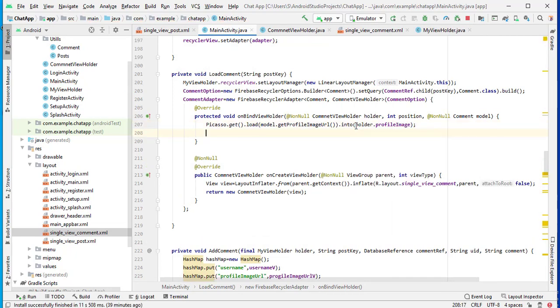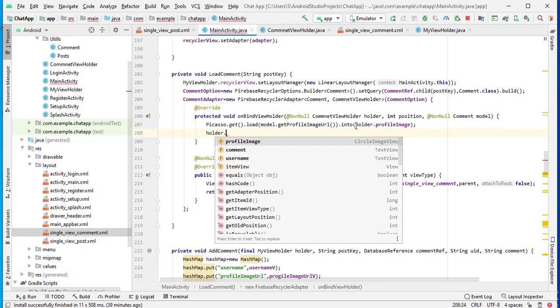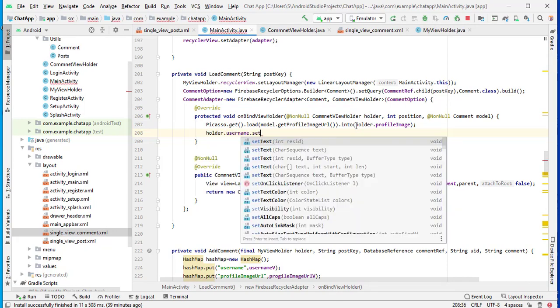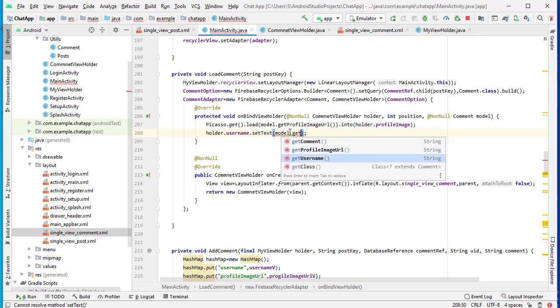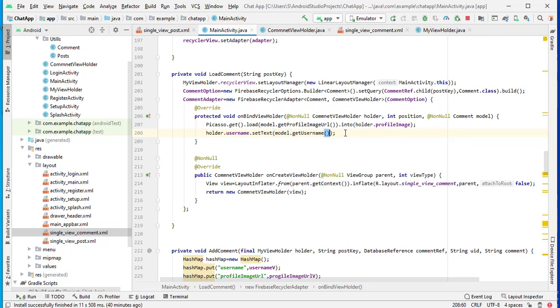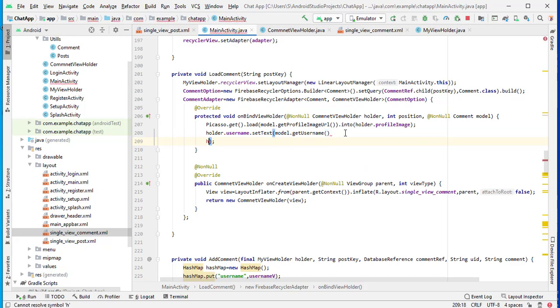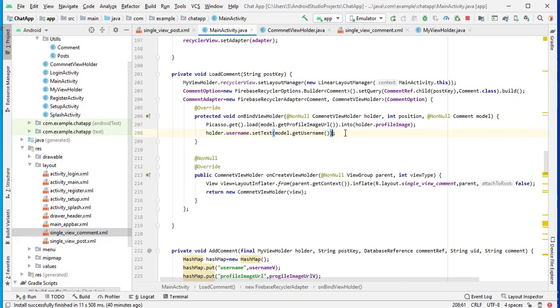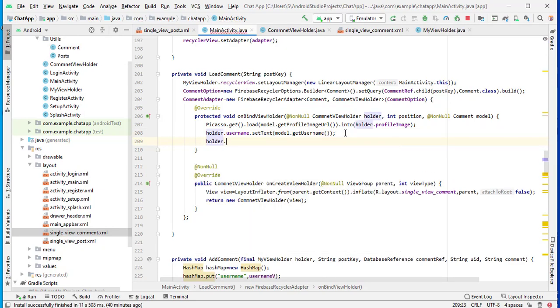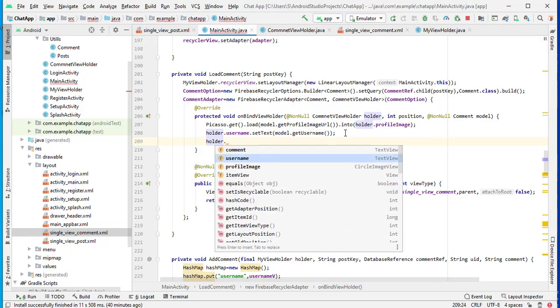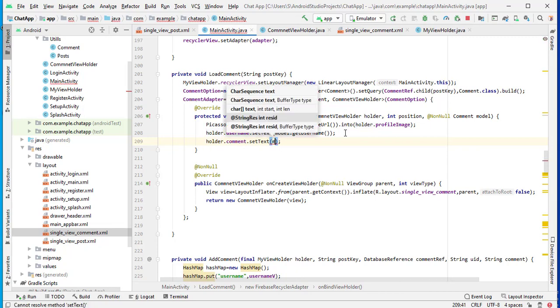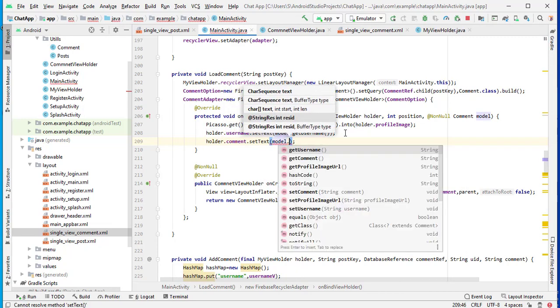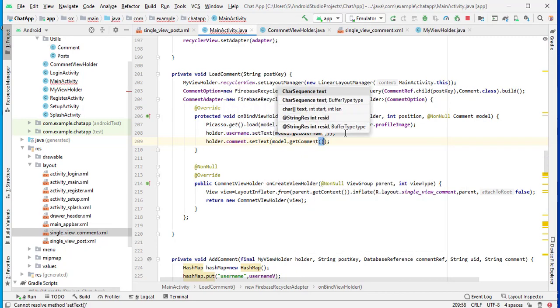Okay, now holder dot username dot set text model dot get username, and now again holder dot comment dot set text, and here we need to pass model dot get comment.